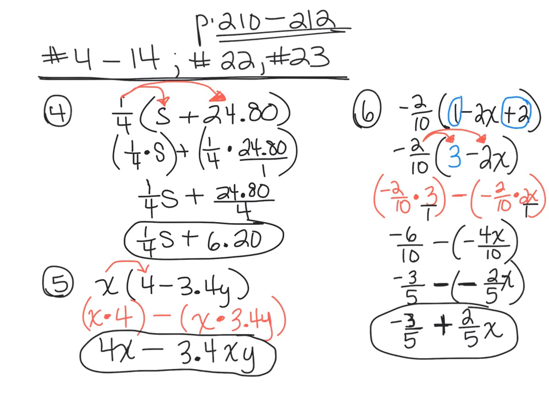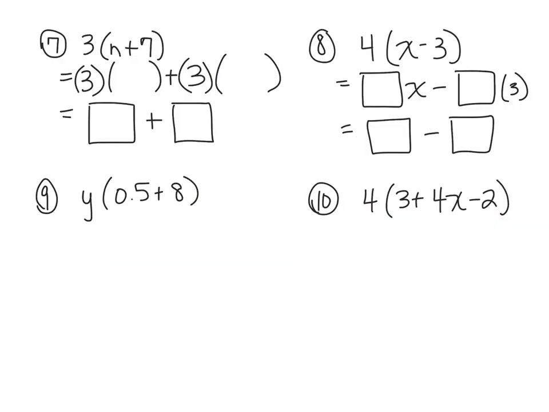Now let's go on to 7 through 14. And then we also have 22 and 23. All right, so here on this page, you notice that I have 7 through 10. And then we'll go to the next page, the next slide, and you'll see 11 through 14. 7 and 8, though, have boxes for you to fill in. So what I've got is blank spaces or boxes where we're going to be filling in information to